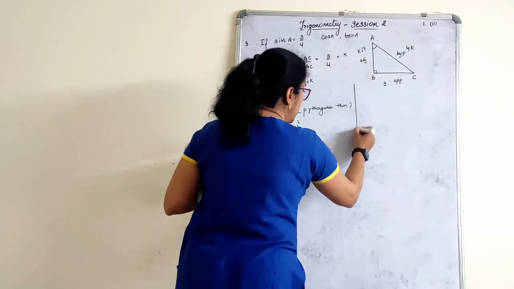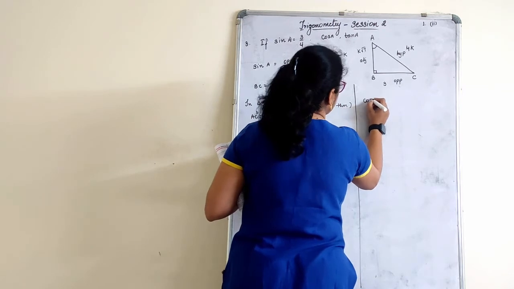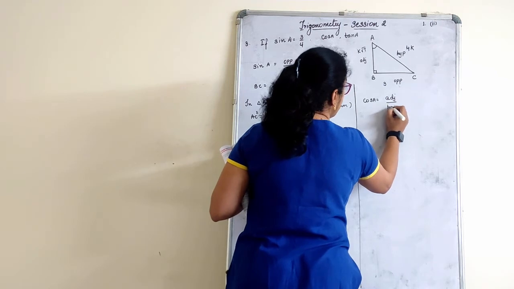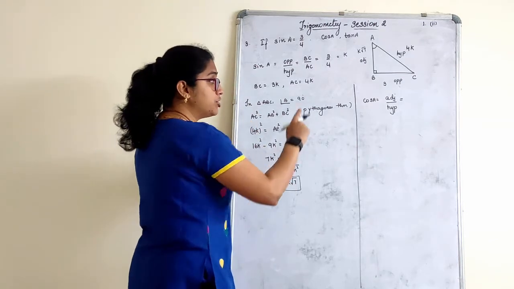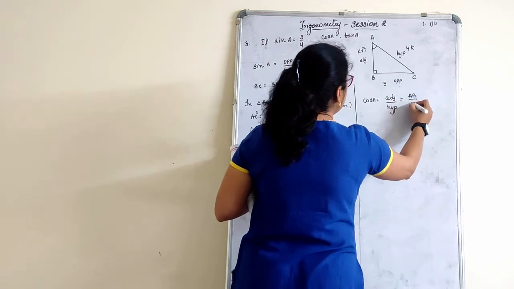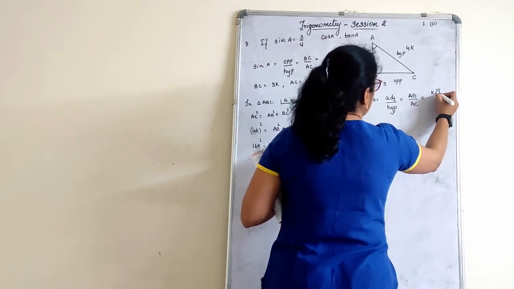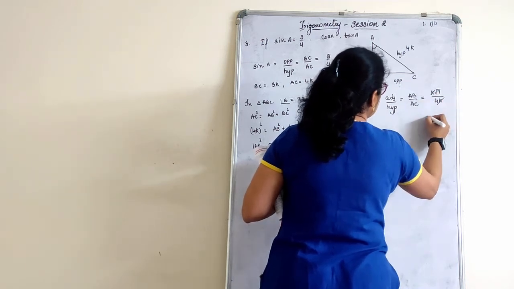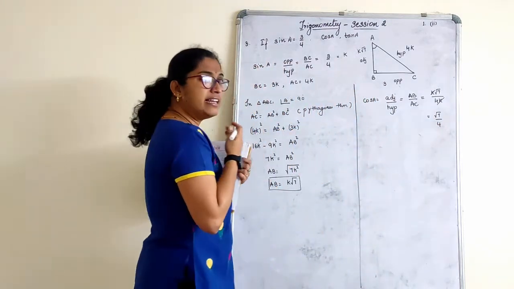Now let's come to how to find the values. First is what? Cos A. How do you write cos A? Cos A is written as adjacent upon hypotenuse. No direct answers here. These two things have to be compulsorily mentioned. Adjacent upon hypotenuse. Mention what is your adjacent side. That is AB upon AC. AB is how much? K root 7. How much is AC? 4K. K and K will get cancelled. Answer is root 7 by 4. That's the answer. See, K and K anyhow is going to get cancelled.